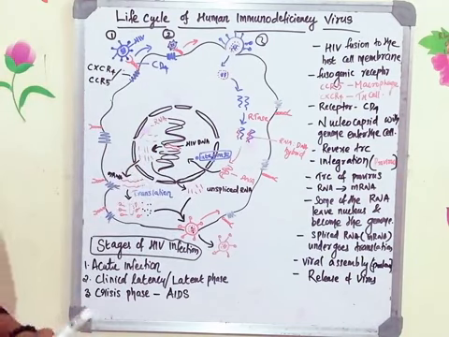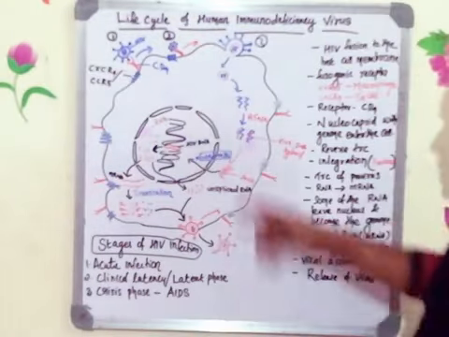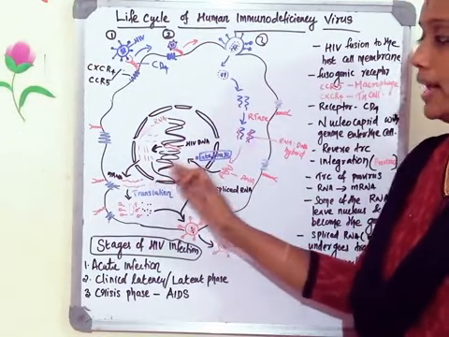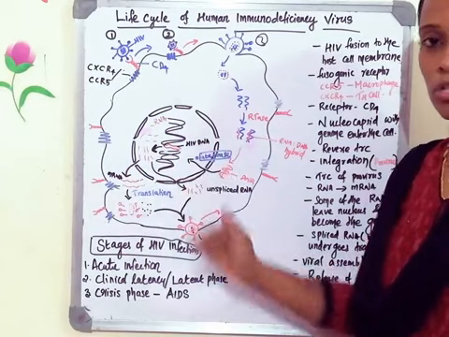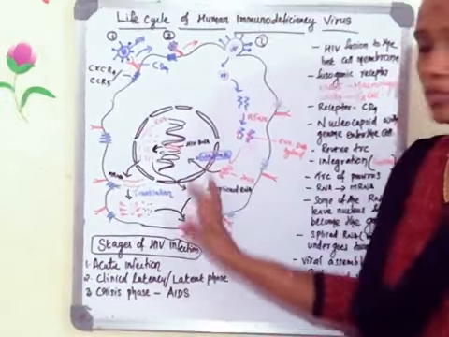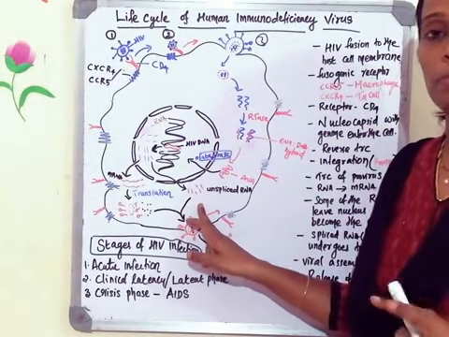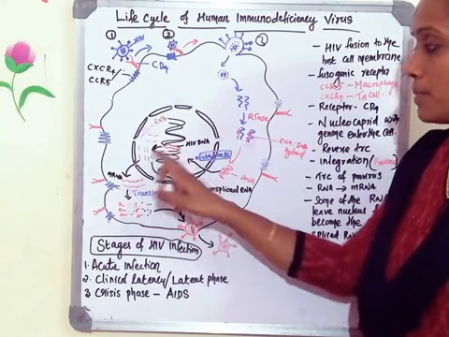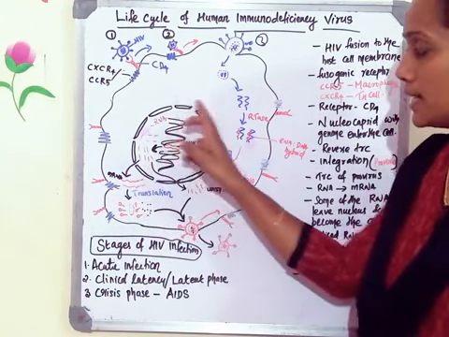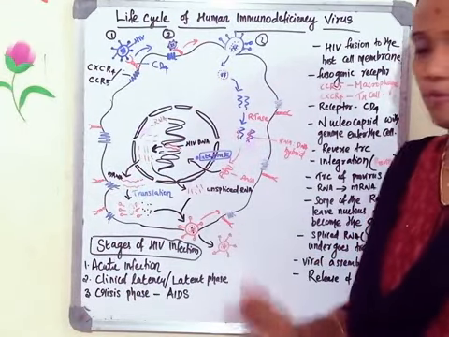Whenever it gets the proper condition, during that time gene expression happens, transcription happens, and RNA copies will be formed. Half of the RNA enters into the splicing, the processing of RNA, and mRNA will be formed. The other half of the RNA, without processing, leaves the nucleus and enters into the cytoplasm. This is a very important point to remember. Gene expression of the HIV DNA happens, RNA will be formed, all the RNAs are there in the nucleus. Then the RNA processing happens. You know RNA processing and mRNA formation.